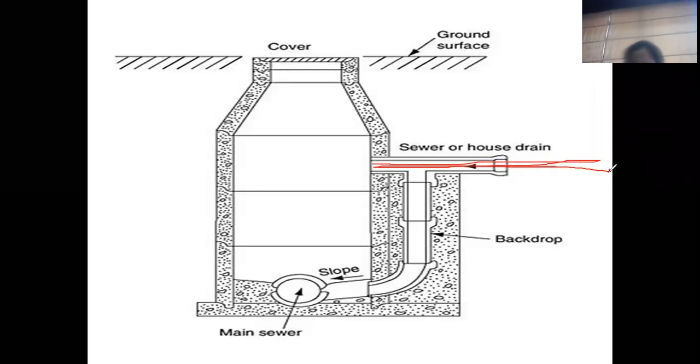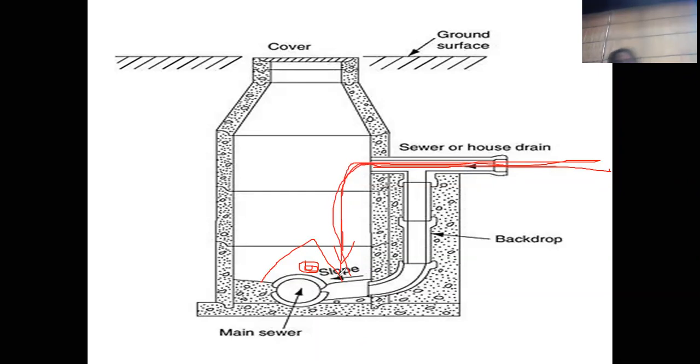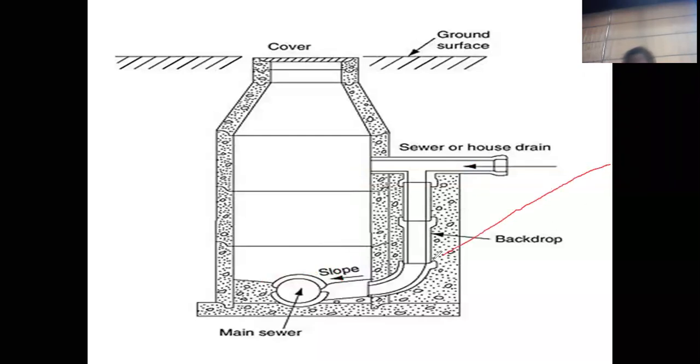And at this level of pipe, instead of going this way, this way is not allowed directly, because if a person is standing here while doing the cleaning activities, that person will get affected, because it is a continuous flow. So that's why we are not allowed to drop the water in this way. Then what can we do? Instead, you can go for this way of connection.